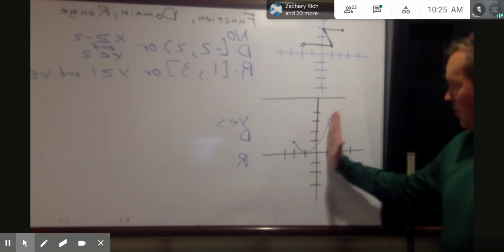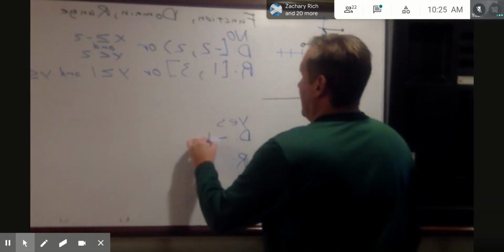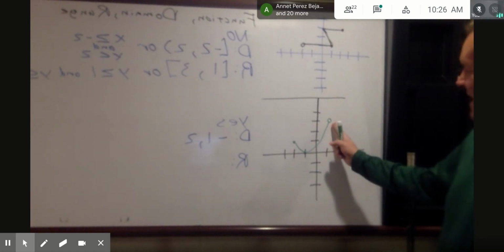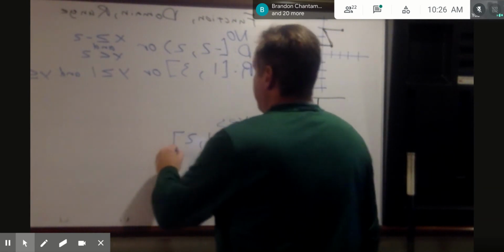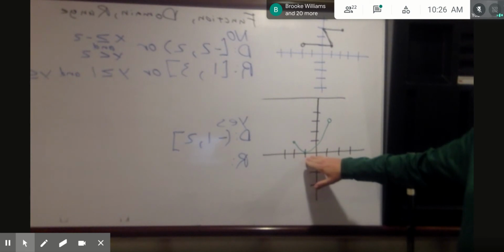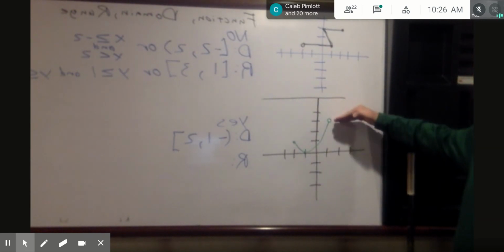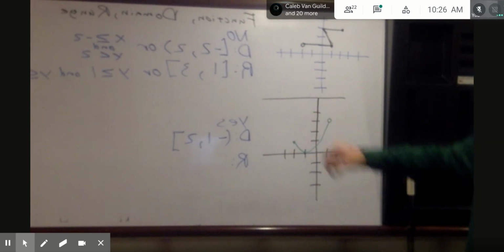I'm starting at -1 and I'm going over to 2. -1 to 2. Open circle at -1, closed circle at 2. Range, I get as low as 0. There's nothing down here. And I go up, and when I get to 3, it stops, and there's nothing above it. So at 0 to 3,